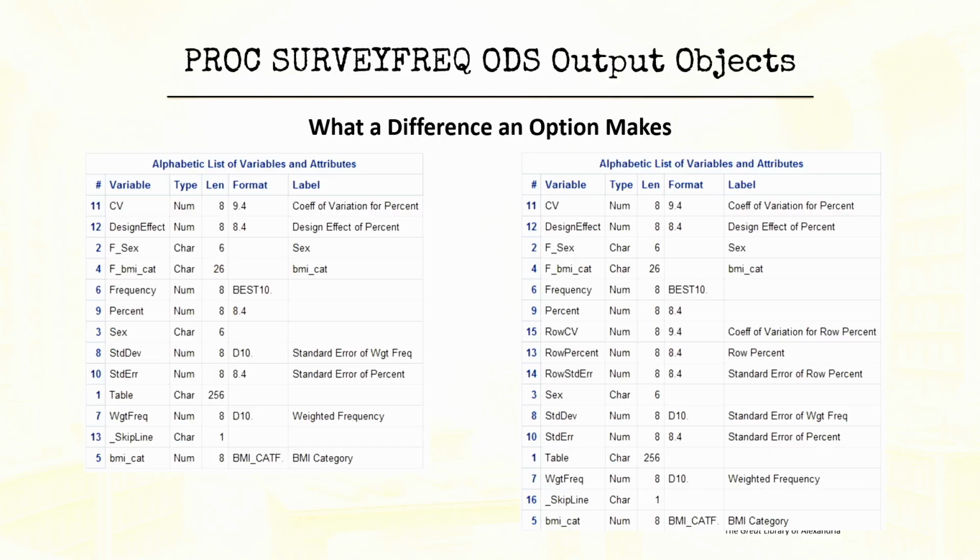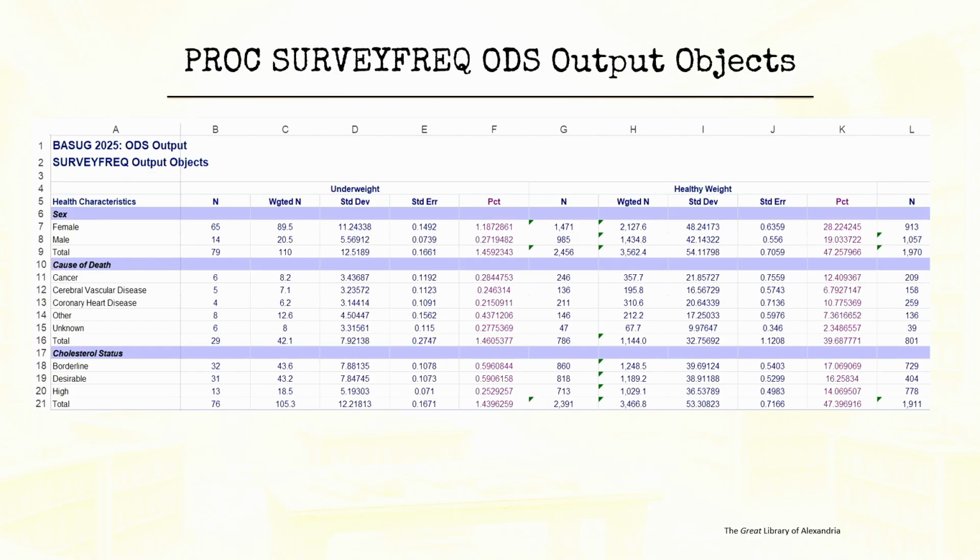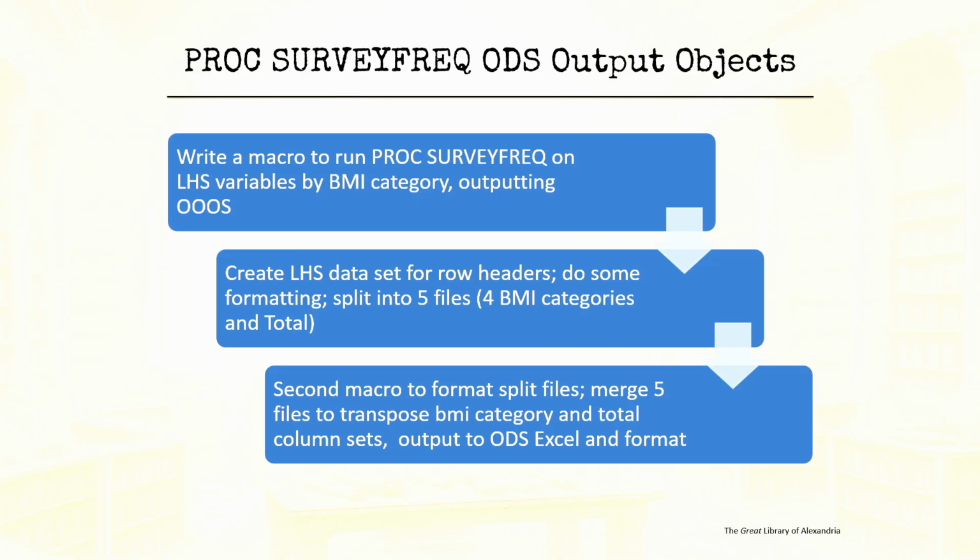And next up, we are going to look at how to create this with ODS output objects. And so it's like no touch. It's one of those things where you just write code. So how do we get to there? There are 3 fairly major steps. There is a lot packed into it, but I promise it's worth it. You'll be able to make changes to variables, formatting, et cetera, pretty easily with minor modifications to the code.